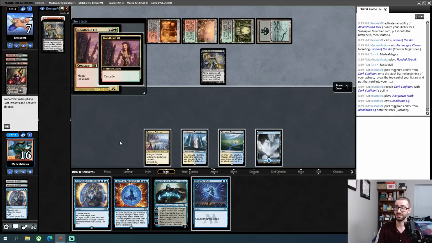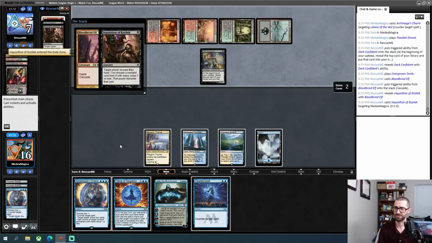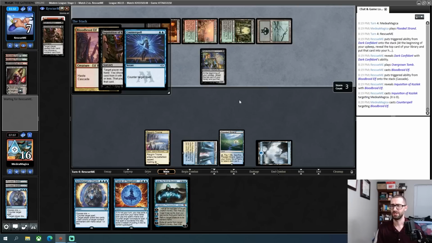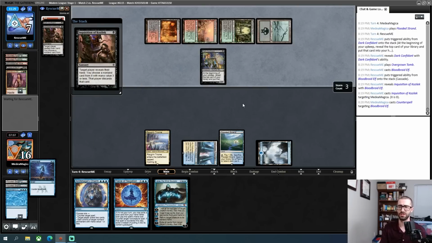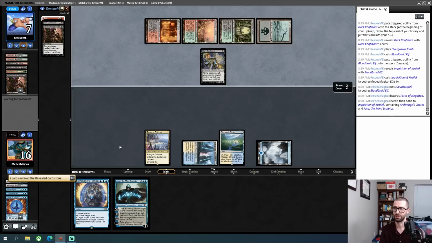Oh god, why? Stop it with this. An Inquisition. I need to just counter this 3/2 body? Or do I need to draw 2 cards? Bloodbraid Elf is probably worth at least 6. Alright, I'm gonna counter this body. I'm not getting to use my mana the way that I want to. So this still leaves me with a counterspell after my opponent